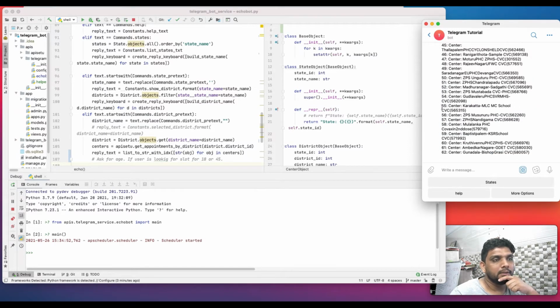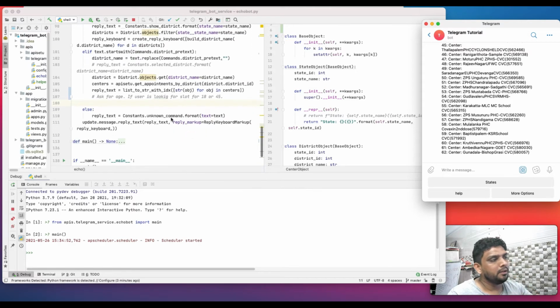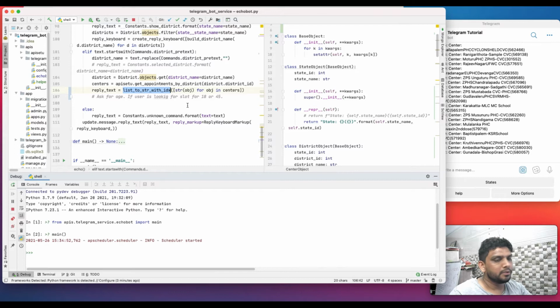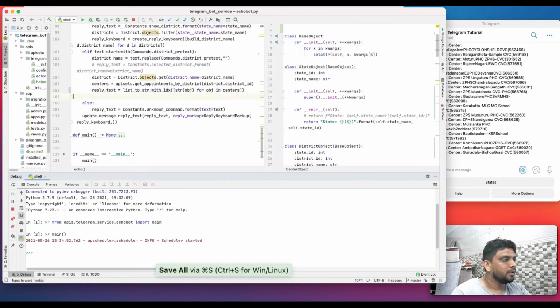You can see we have added a serial number to all of these. So we can reuse this function anytime.